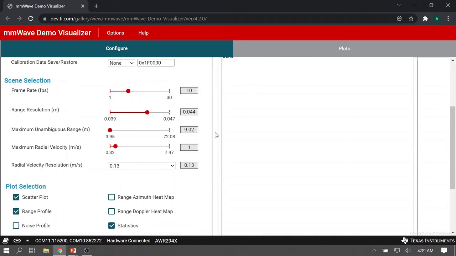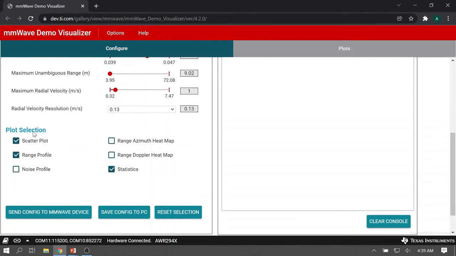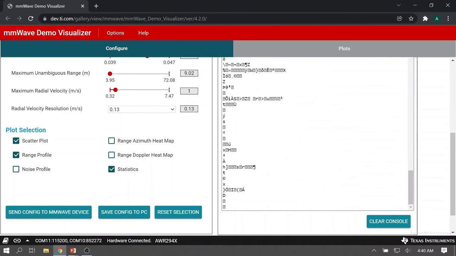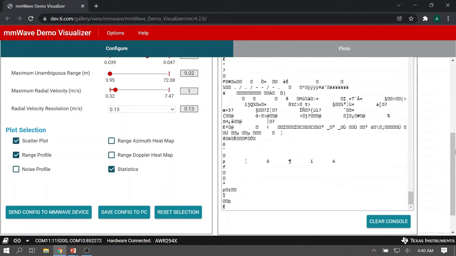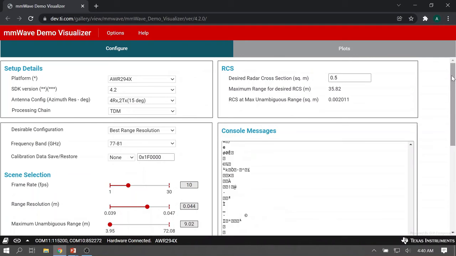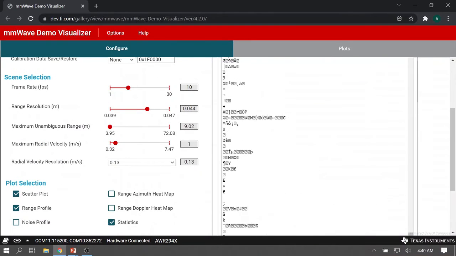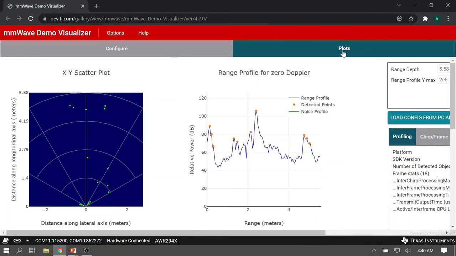Its maximum range and velocity, and the range and velocity resolution can be configured here. Finally, you can select the plots that are to be output from the device, and sending the config to the mmWave device will send the configs, and you can see the raw data stream in here in the console messages. If I switch over to the plots tab, I see the same thing being plotted here.